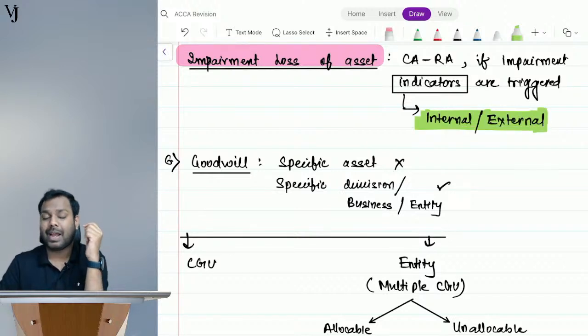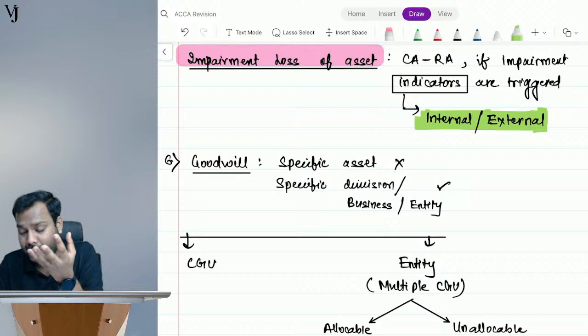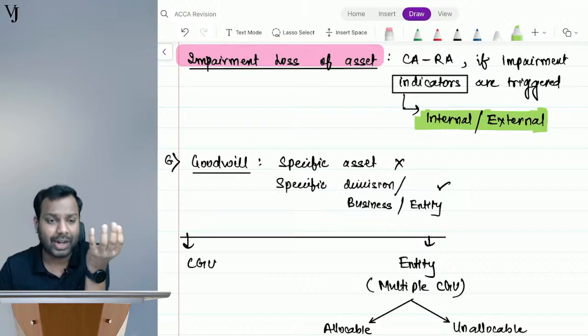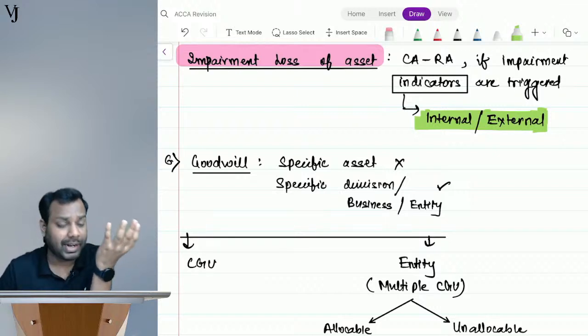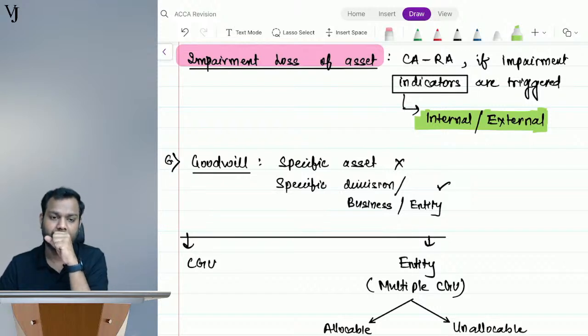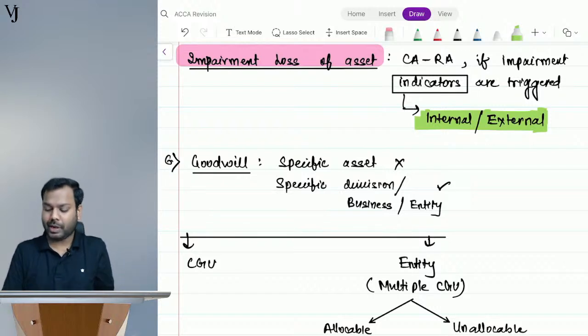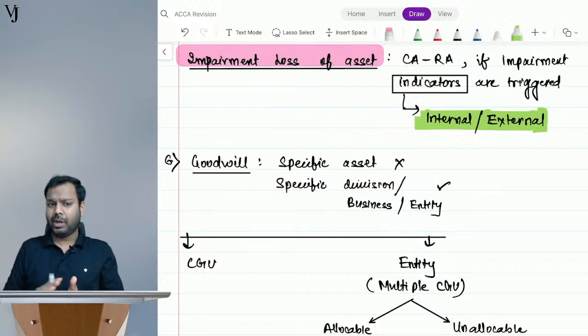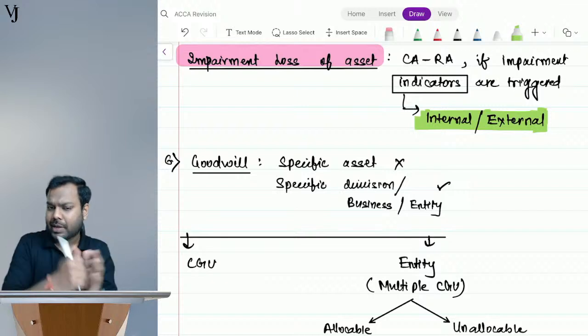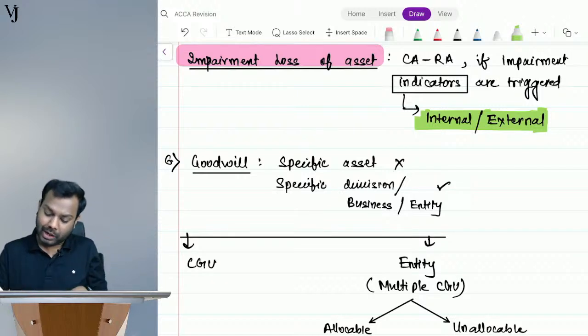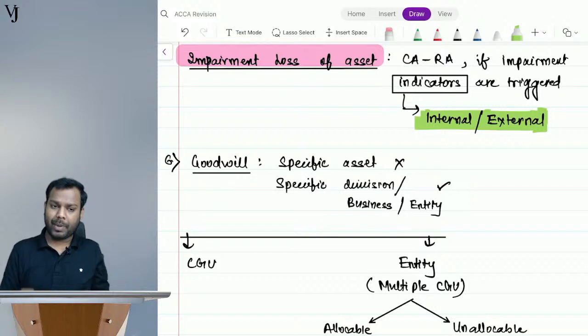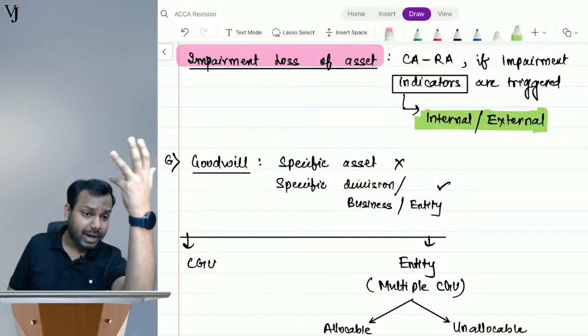The impairment indicators can be internal to the entity, can be external to the entity. For example, external is technological advancement, internal can be physical damage. Let's suppose I am using this tablet for my classes. Now there is a new technology coming in the market. From the app itself, the live class can go on, and you can use the platform and teach. So the value of my assets will go down, due to technological advances in the market.